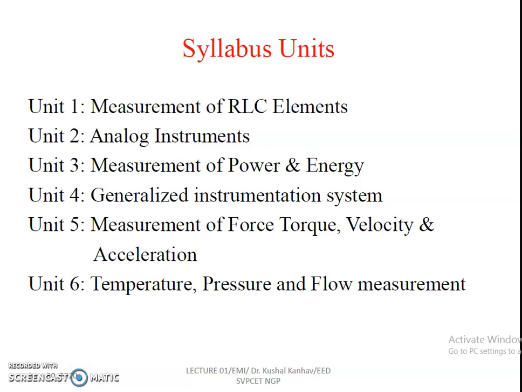Now, if you find these units, unit 1, 2, and 3 deal with electrical measurements of various parameters and elements, whereas unit 4, 5, and 6 deal with the instrumentation part. So the complete syllabus is divided into two parts. Earlier they were two different courses. Now they are combined together in a single course. So it has got a very huge syllabus, two courses in one single course. So the first three units are dealing with the electrical measurements, and the next three units deal with the non-electrical type of measurement.